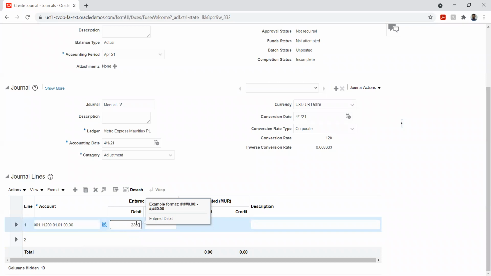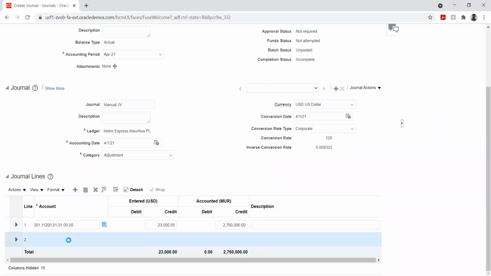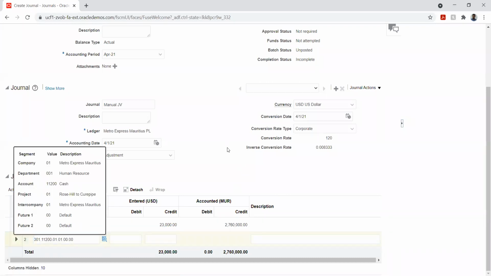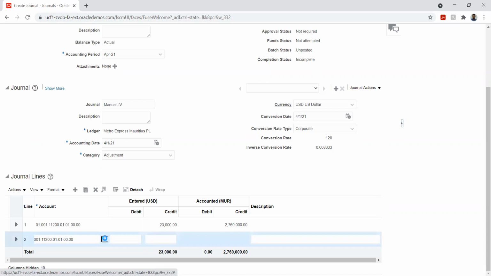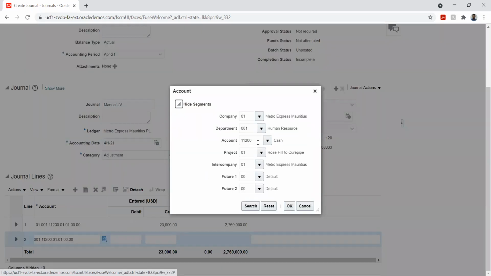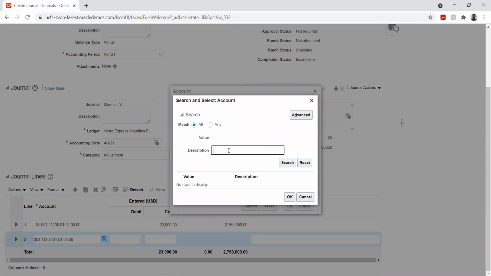Okay, so let me say 23,000. Okay, so let me pick the accrued expenses.